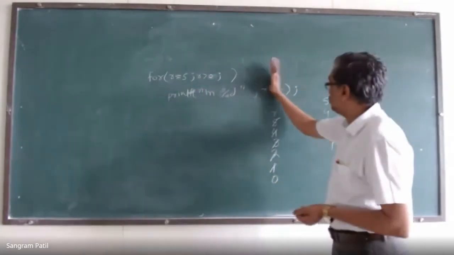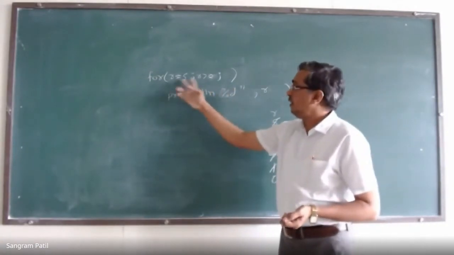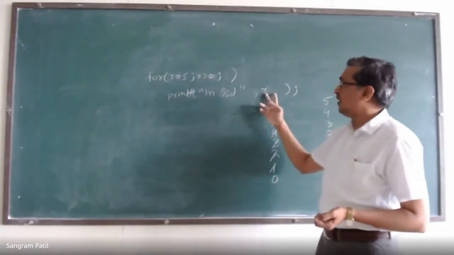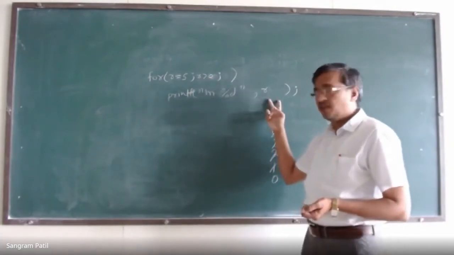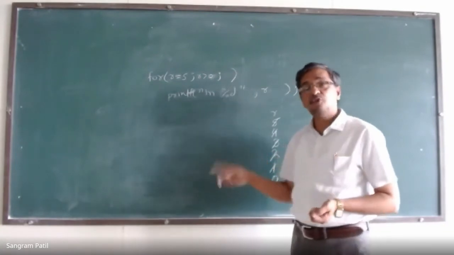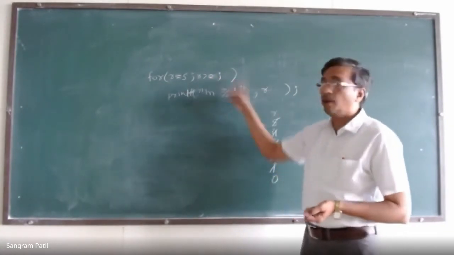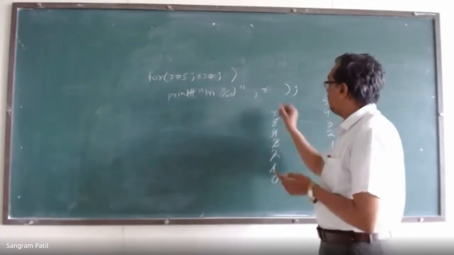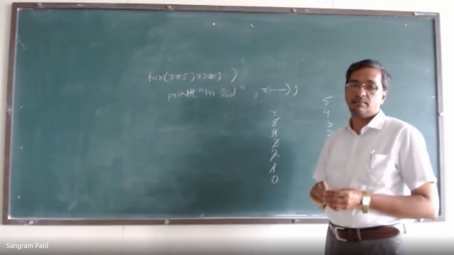Now if this case is not there, suppose if it is like this, then R is 5 greater than 0, yes, this will print 5, no expression 3. R is greater than 0, yes, this will print 5, no expression 3. R is greater than 0, yes. Now in this case, this goes unending because we are not modifying value of R. But now if it is like this, it modifies value of R.